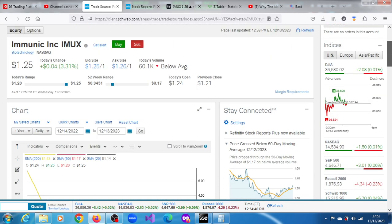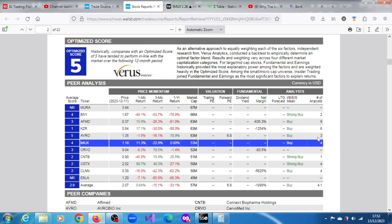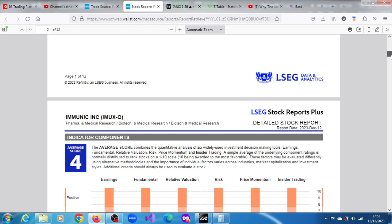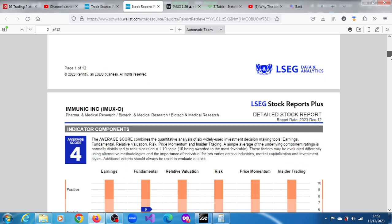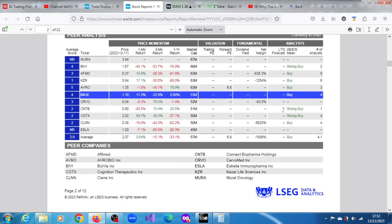And if we have a look at what's going on, we can see that based on this pair analysis, the stocks in this pair group, what are they called? It's the pharmaceutical and medical research / biotech and medical research. So the stocks in this pair group, only two of them have returned what looks like a decent